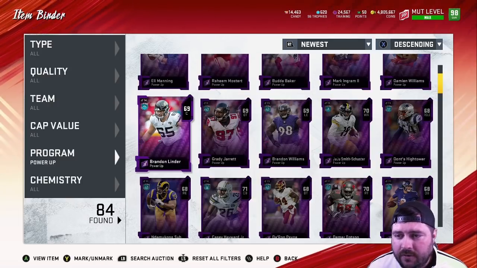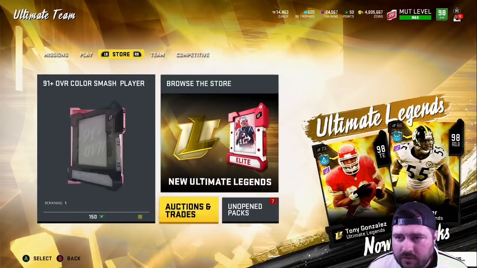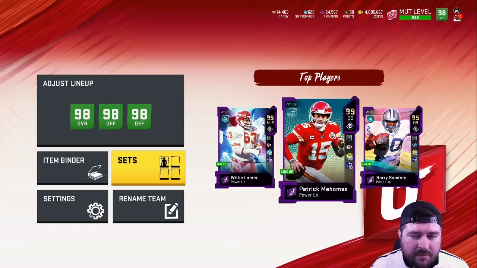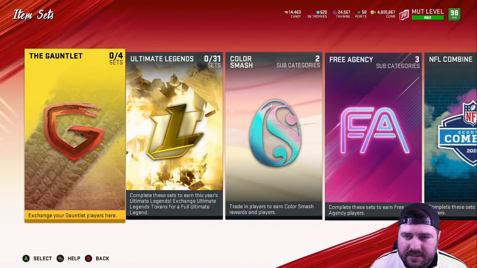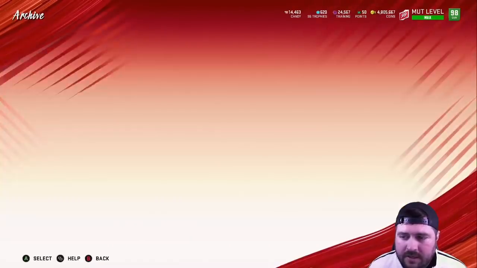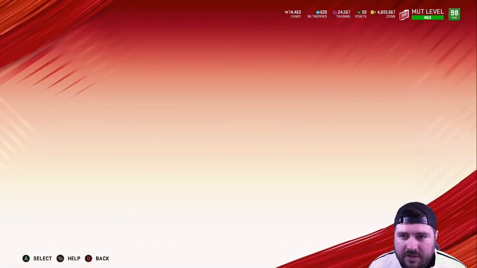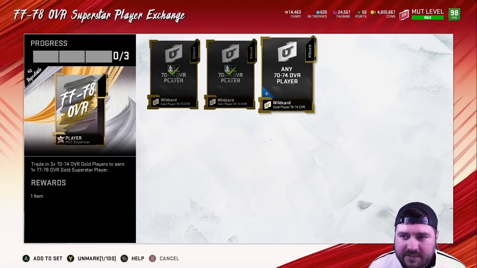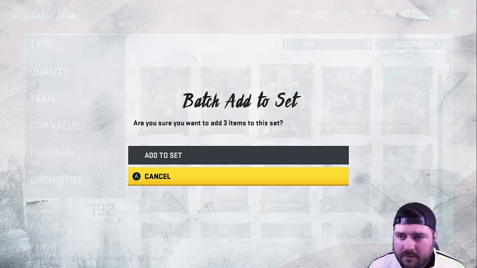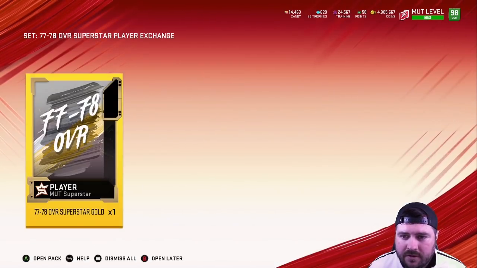Okay, so going back to it real quick, we'll go to the sets. I've almost completed this set, so I'm going to see exactly how much more I need. And this is what you're going to want to do with your golds. You're going to go over to the MUT Superstars set, and take your golds that you got. Again, we got 56 of them. You're going to throw them in here, and get your MUT Superstar pack. You're going to open that pack,